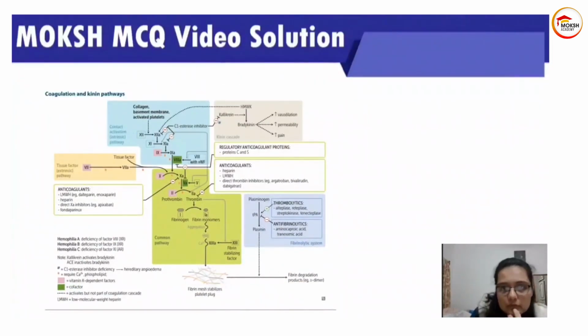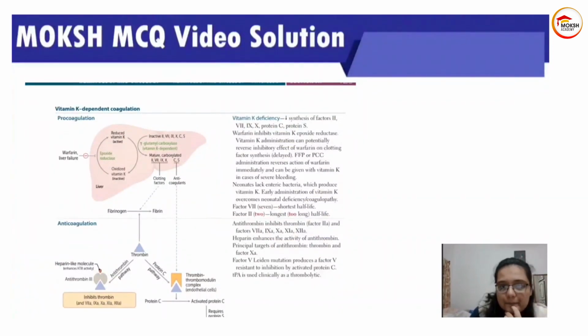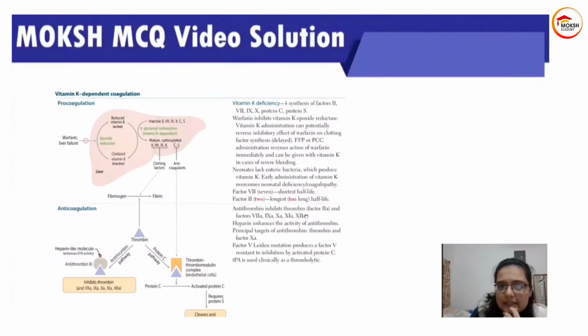Wait, I'll just show you. Right, yeah, here. Okay, so antithrombin inhibits thrombin, that is factor 2, a major, right? That is the major action. Apart from that, it also inhibits 7A, 9A, 10, 11, and 12. But the principal target of antithrombin is thrombin and 10A. Okay, so if you're given both the options and you're still doubtful, I would prefer you go for factor 10,